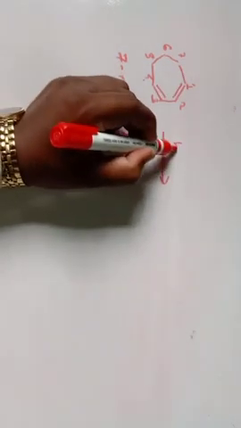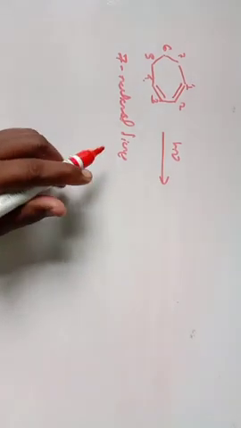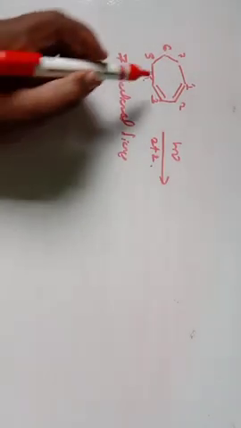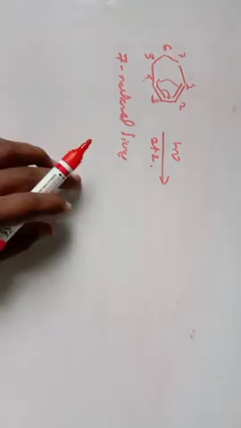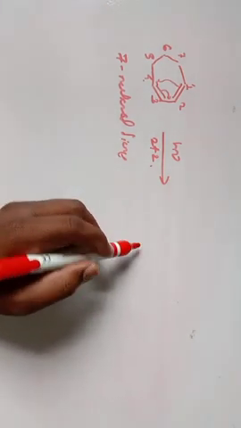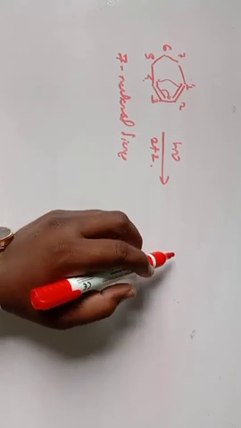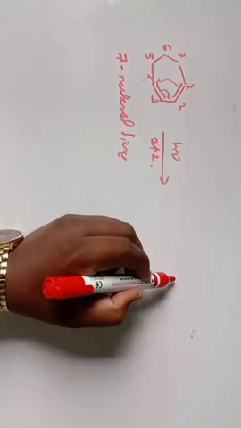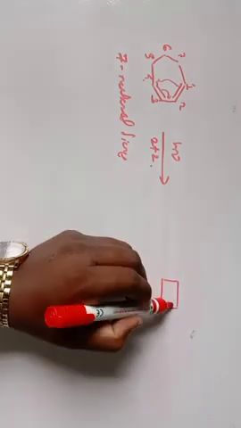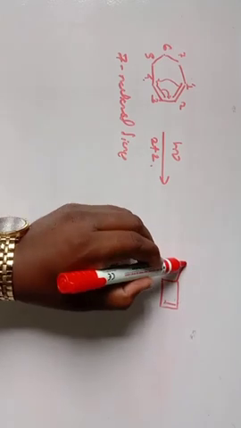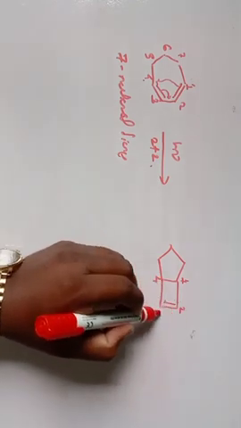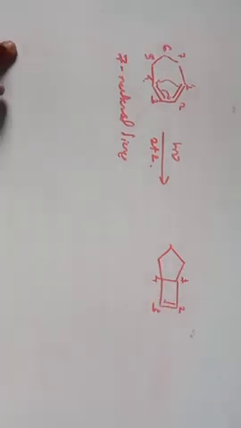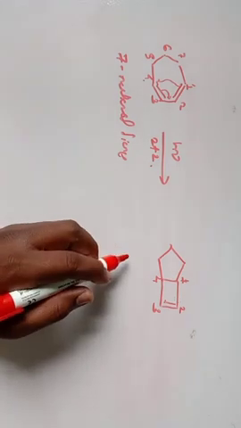In presence of light, hν, it will show a 2+2 cycloaddition reaction. So this bond will shift here, this bond will go here. So what you get after the 2+2 cycloaddition reaction in presence of light is this. The new bond is formed between carbon number 1 and 4, and the double bond is formed between carbon number 2 and 3. So we get a bicyclic compound, a cyclobutane